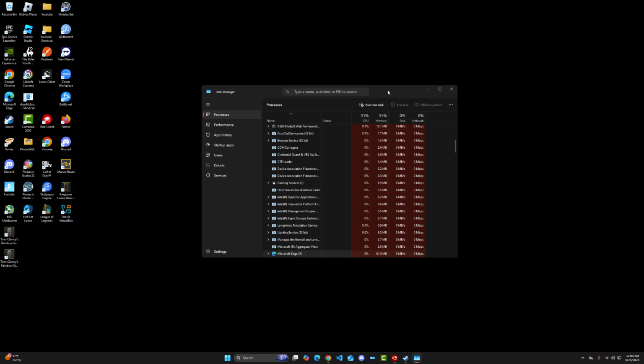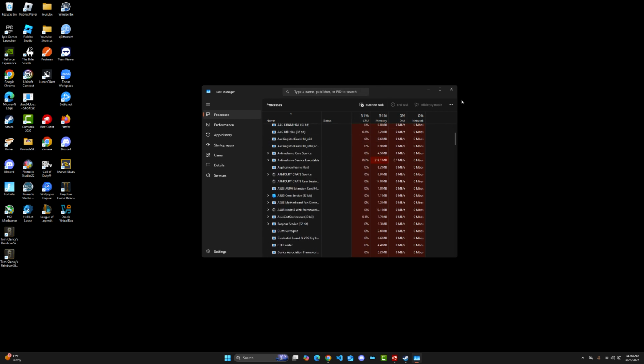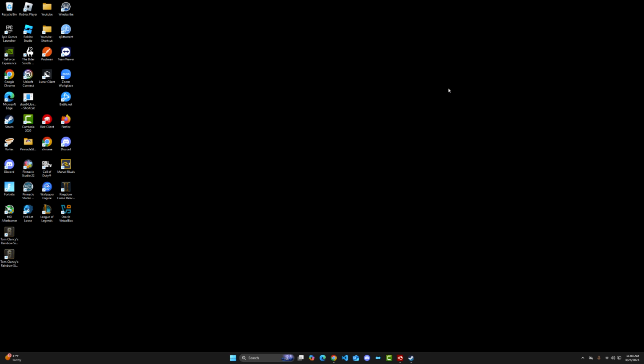The third thing that you guys can do is that it's possible that the servers are just down, so you can go ahead and just type in Google Marvel Rivals servers, and if it is down, then all you can do is wait. And then the fourth thing you guys can do is just check your internet connection, make sure everything is working fine, and you can always restart your Wi-Fi router as well. And that should be it for the video. That is it. That is how to fix igniting the